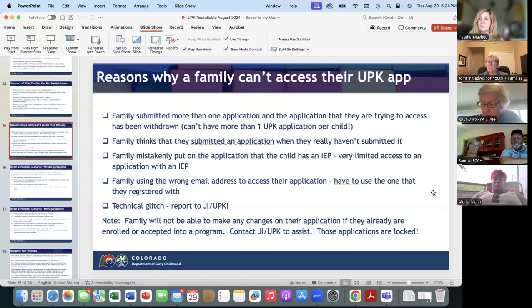And then there have been some technical glitches. If you're seeing a pattern of those with any of your families not being able to get in, we need the family to report it to us. We would like screenshots so that we can send it up to the technical group in Denver, and they can hopefully fix it. As a reminder, the family will not be able to make any changes on their application